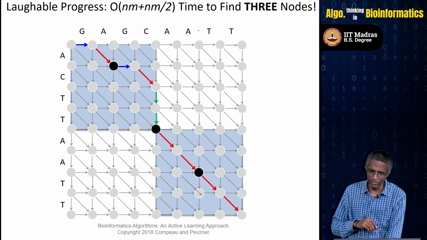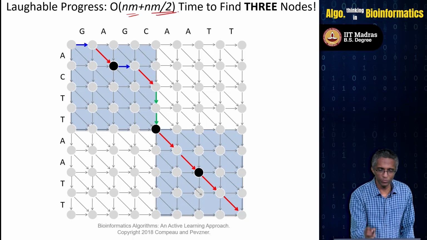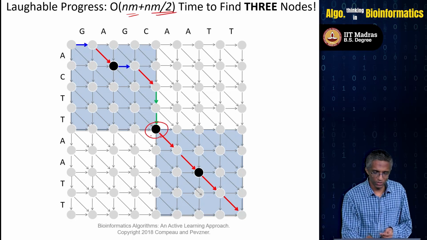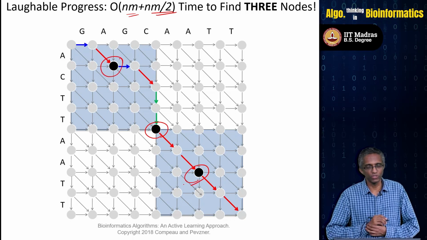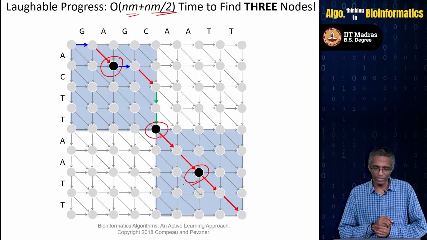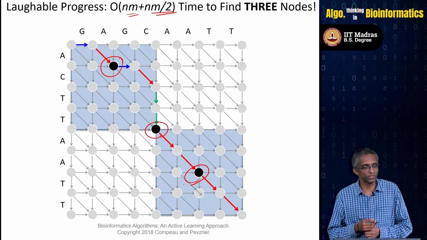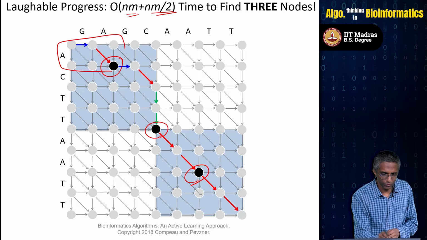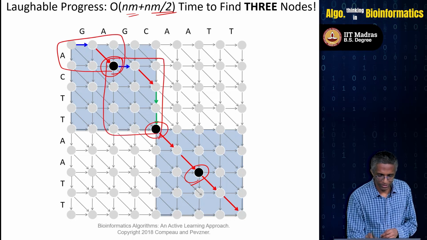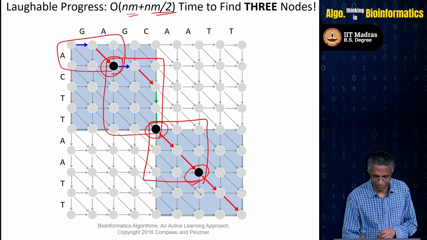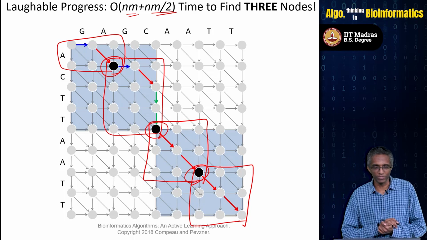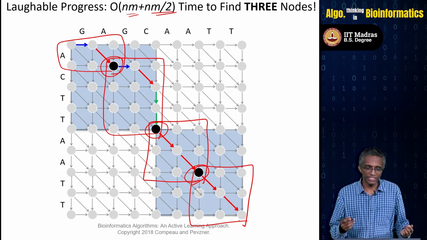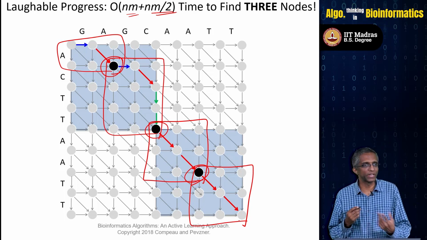and then you keep on doing that, right? So time to find 3 nodes is order of nm plus nm over 2 now. So initially we found 1 node, and then on those 2 subproblems we have found 2 additional nodes for a total of 3 nodes. Okay, now we can recurse on this. I mean, this is a divide and conquer problem. Now you have this subproblem over here and this subproblem over here, and then you have another subproblem over here and another subproblem over here. So now we have 4 subproblems instead of 2 subproblems, but the advantage is that each one of them is going to be now area over 8,